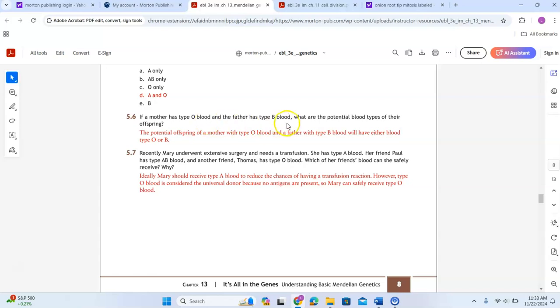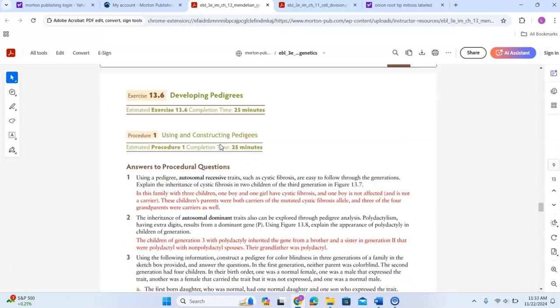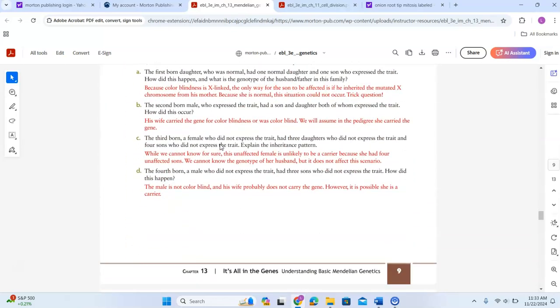You have to work a Punnett square where the mother is two little i's and the father is I^B I^B. Then you also have to work one where the mother is two little i's and the father is I^B little i. And the answer ends up being that the potential offspring can be blood type O or they can be blood type B. Now, for 6.3 and 6.4,